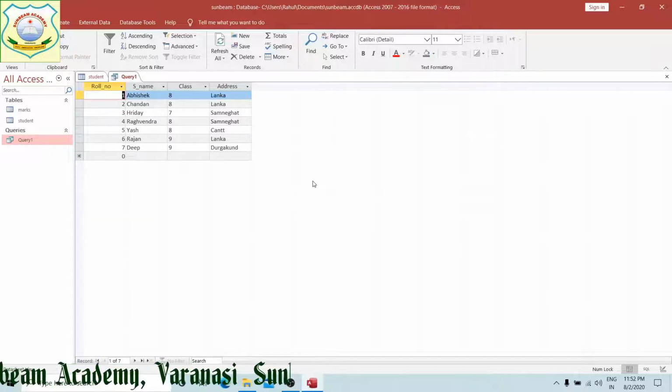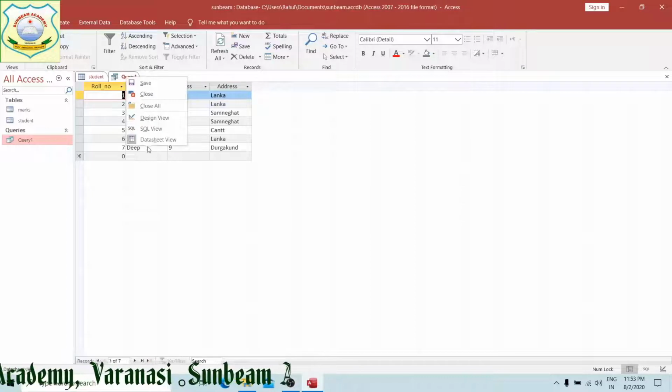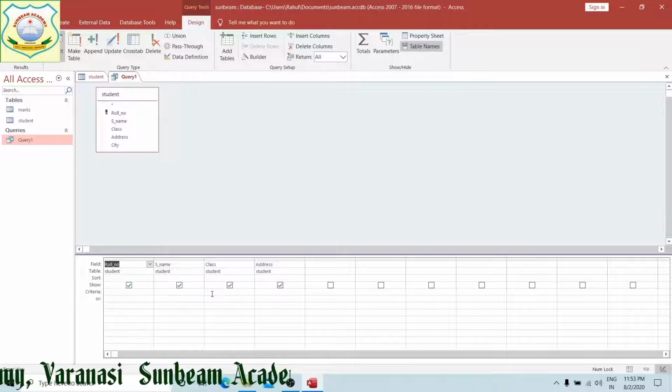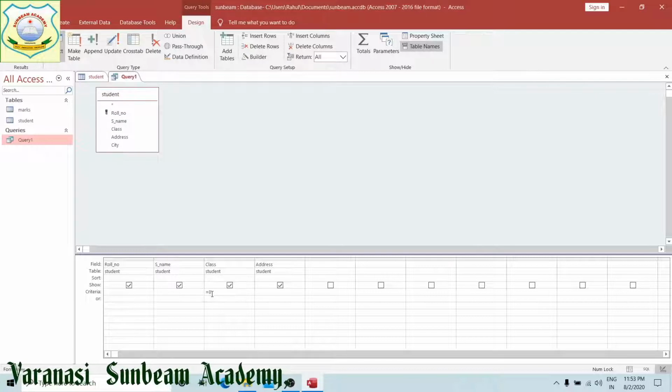Next, how are we going to provide simple criteria, right? To provide simple criteria, we will click on query design view. Now here, criteria. Suppose I need the students of class 8 only. I have given class 8, right?